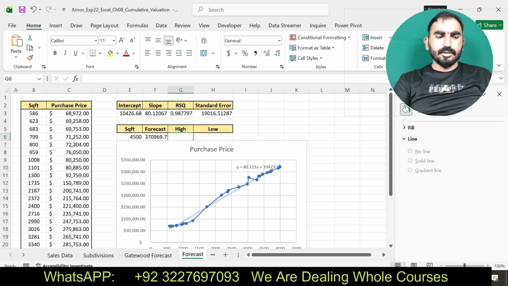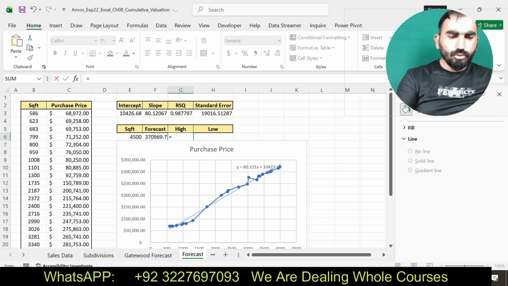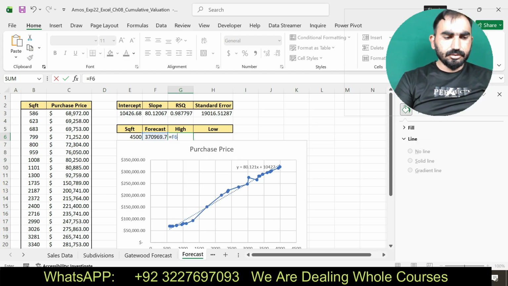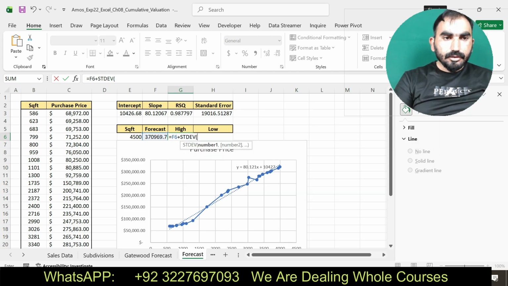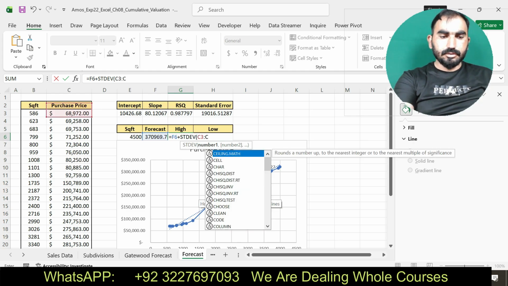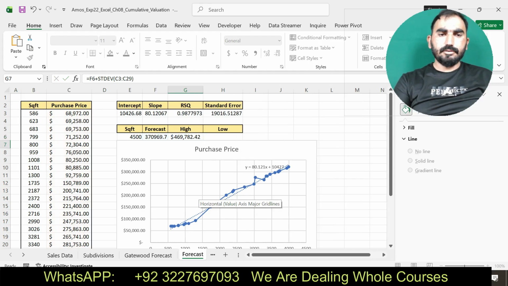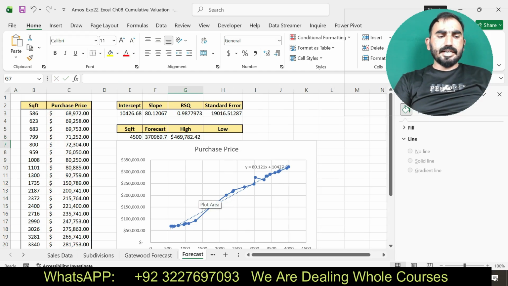It is equal to F6 plus standard error, C3 to C29. Here you can see I found the values. Now I am going to move to the last point of this project.